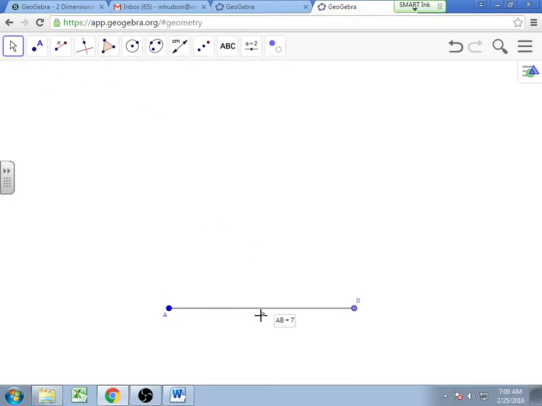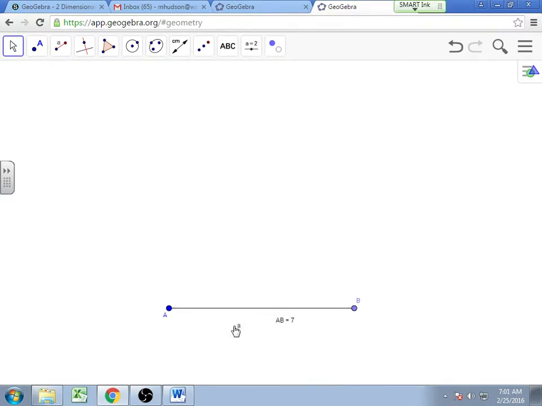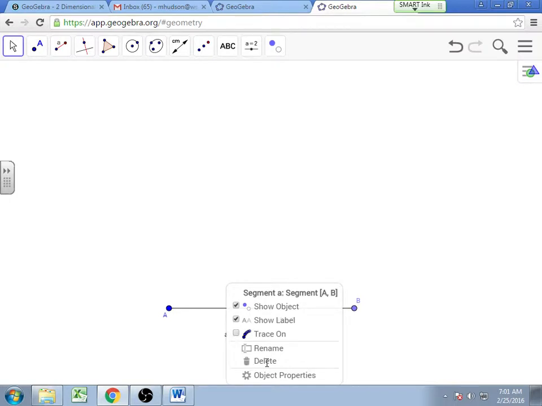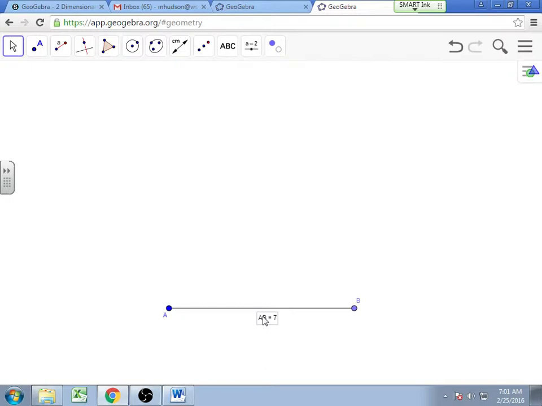Now I'm going to move that down here. I'm going to get rid of A showing itself. There we go. So I've got my distance. Done with number 12. So number 13 says,